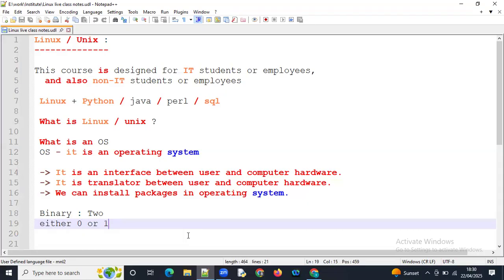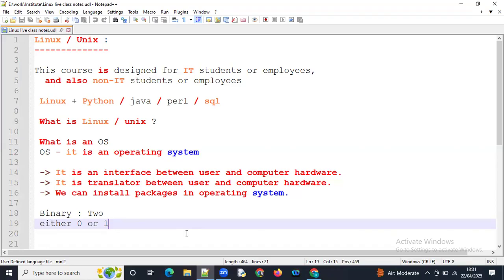Why do we discuss these number systems? They convert one form of input into another form.